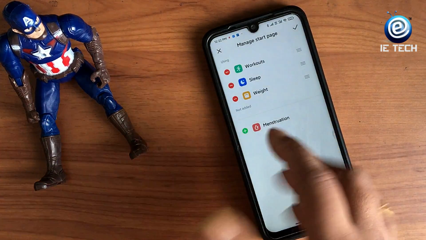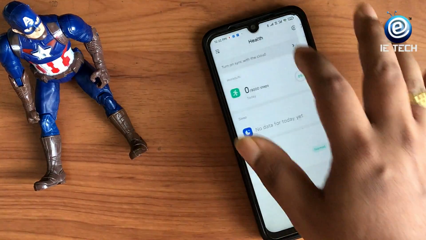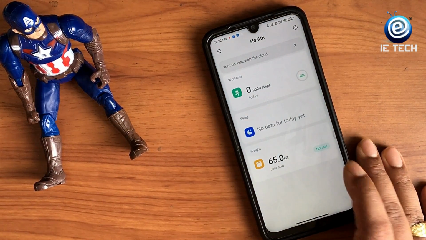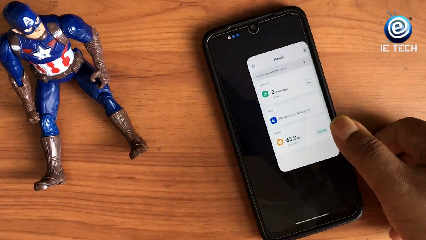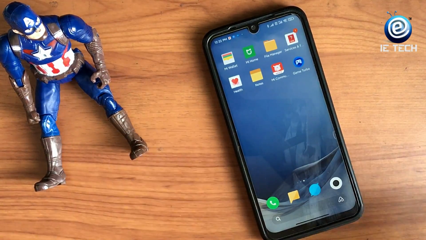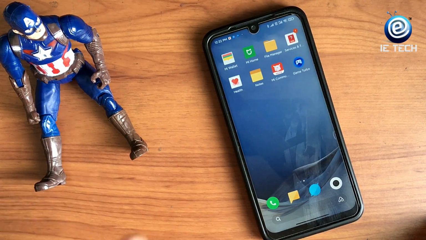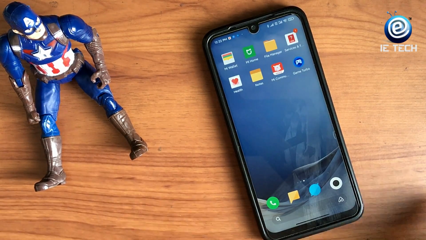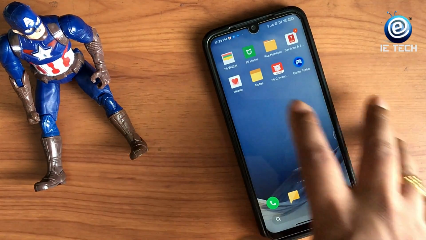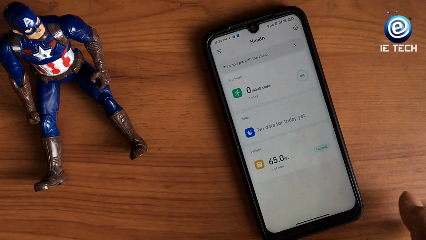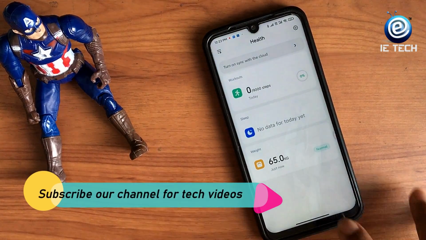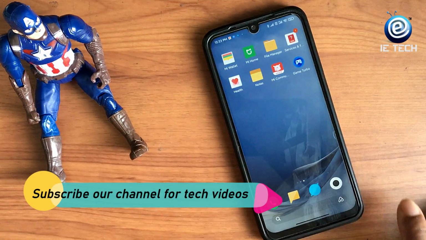They can add those as well. So all these features are there in the Health app, and the Health app will work seamlessly with the UI. It is an inbuilt app, so it is not a kind of bloatware. You can always check the Health app, see your sleep timings, track your steps, everything, and you can measure your weight and everything. So I liked this, and it's a cool feature.